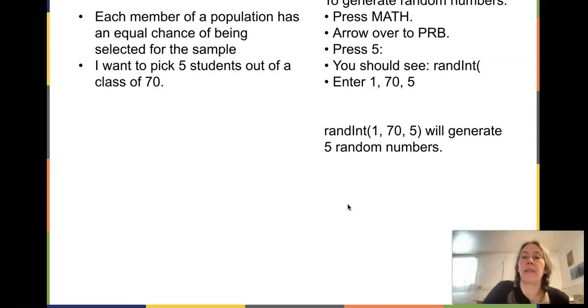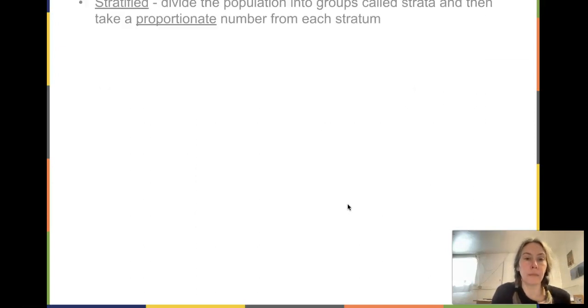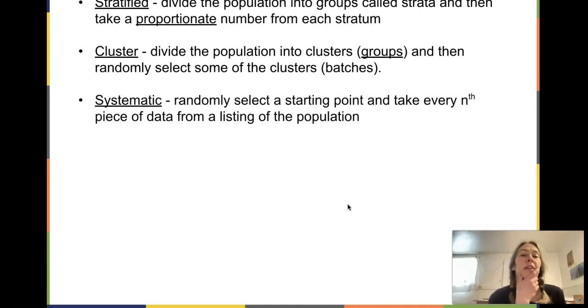I don't have that calculator available to show you the method, but if I was going to try surveying my students out of a class of 70, then I could use the random number generator and then pick student number 12, number 17, number 37, and so on. There's some other sampling methods as well. So stratified could be,